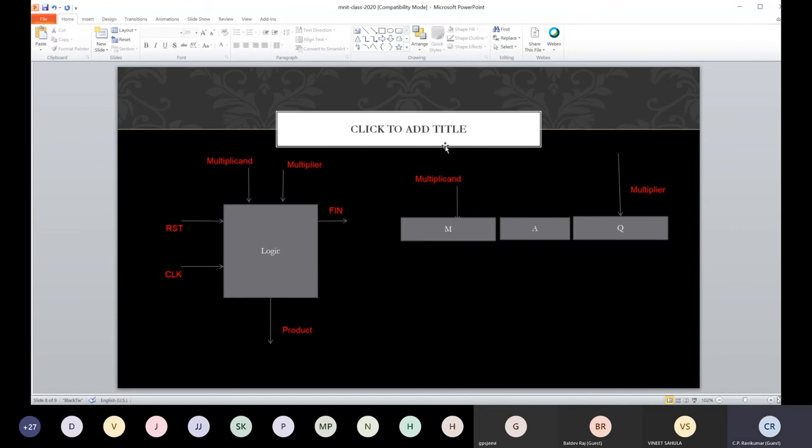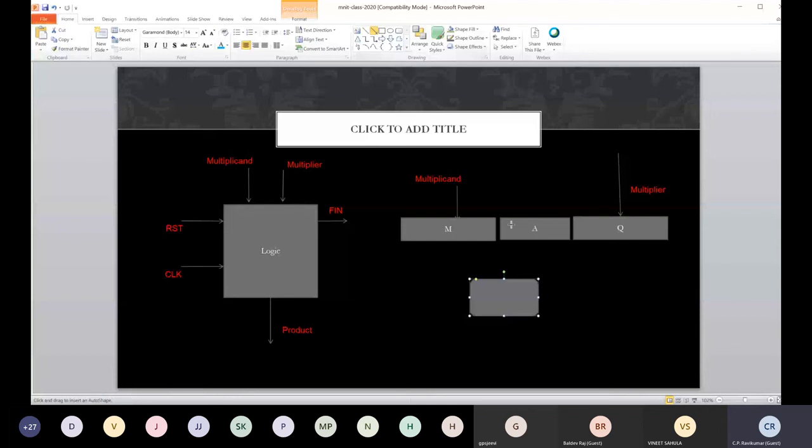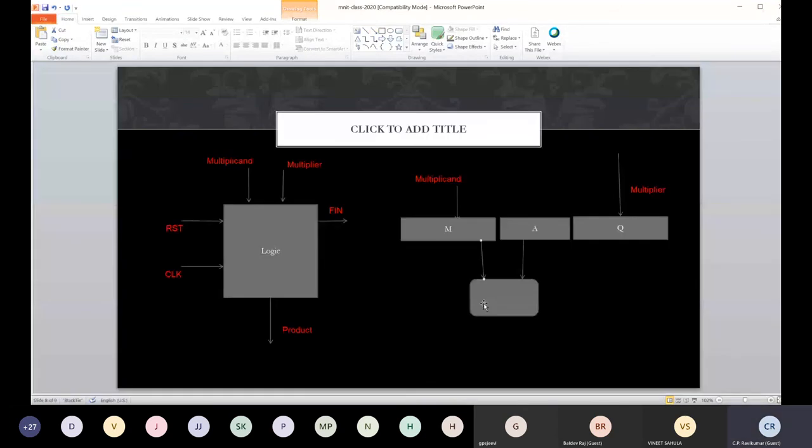So in order to design this, somebody may have come up with an architecture. So here is an adder. The adder must be capable of adding the values of A and M. And that may generate a sum S, and that should be loaded back to the accumulator.